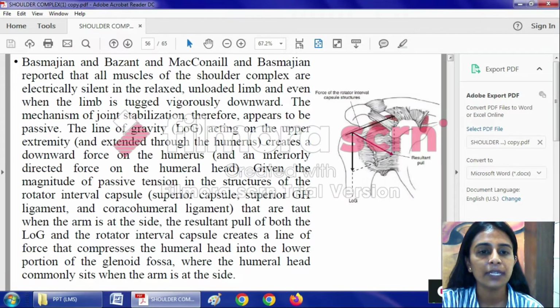The line of gravity acting on the upper extremity creates a downward force on the humerus, given the magnitude of passive tension in the structures of the rotator interval capsule that are taut when the arm is at the side. The resultant pull of both the LOG (line of gravity) and the rotator interval capsule creates a line of force that compresses the humeral head into the lower portion of the glenoid fossa, where the humeral head commonly sits when the arm